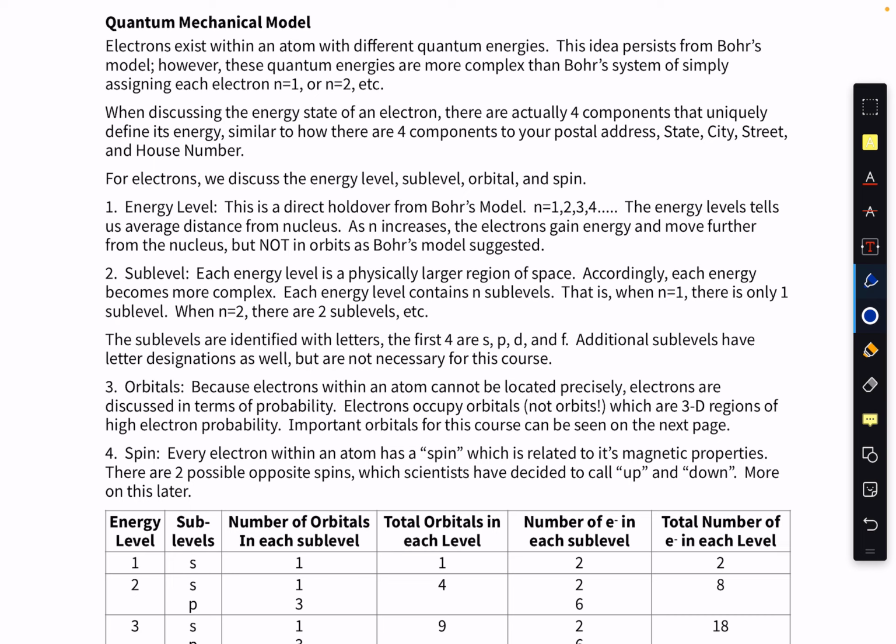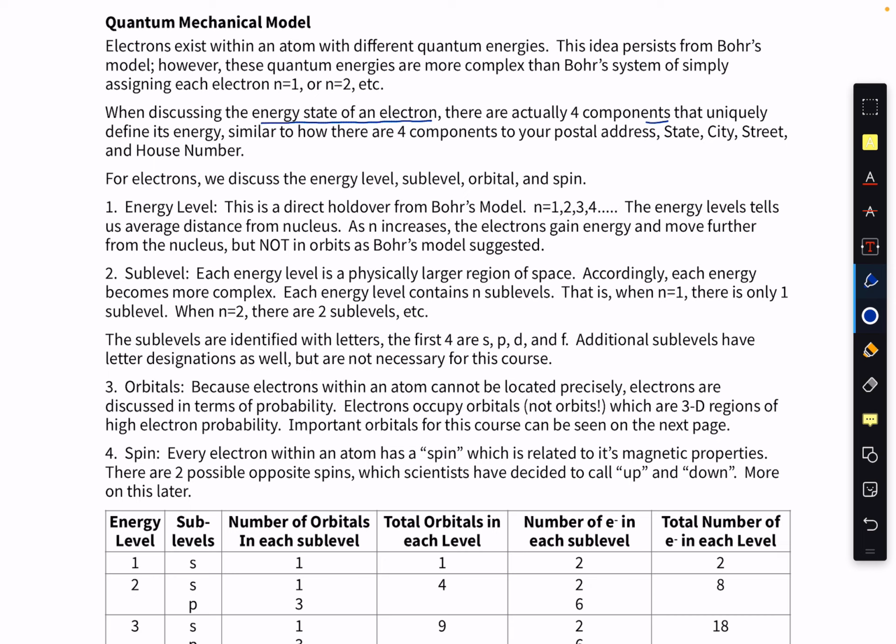But most atoms have more than one electron, so this is why we need a more complete, more complex, more comprehensive theory. So what we know is that electrons exist within an atom with different quantum energies. And again, this idea persists from Bohr's model, but we're not just going to assign each electron an n value. It's going to be a little more complicated than that. The energy state of an electron